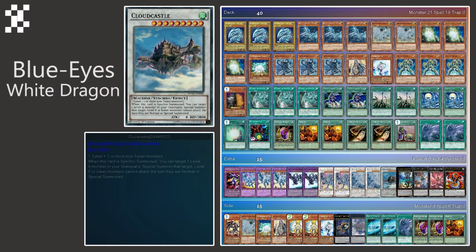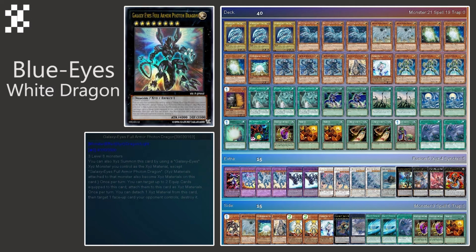Now, I don't have any in my extra deck right now because I don't really know what to take out. I would probably take out a 5-headed dragon and a First of the Dragon, but I have 2 rank 9s in my side deck I'll show you guys, and you can kind of fiddle around with that as you like. But Cloud Castle can bring back one of those, and then you could possibly Xyz with it for one of those powerful rank 9s. But speaking of the ranks, we have a rank 8, Galaxy-Eyes Full Armor Photon Dragon,